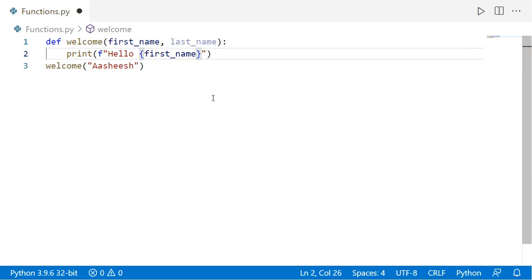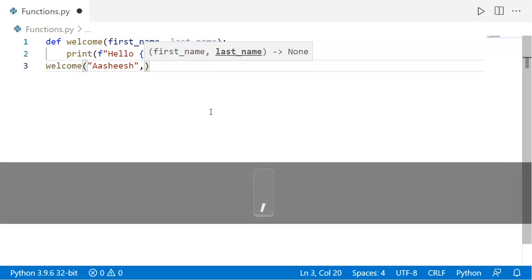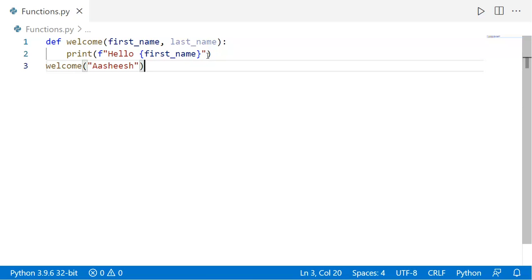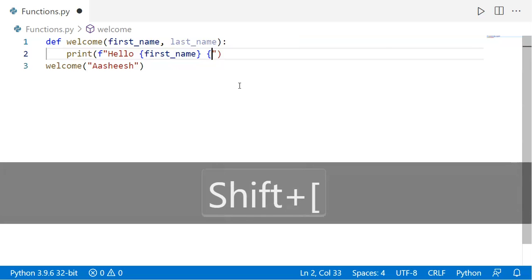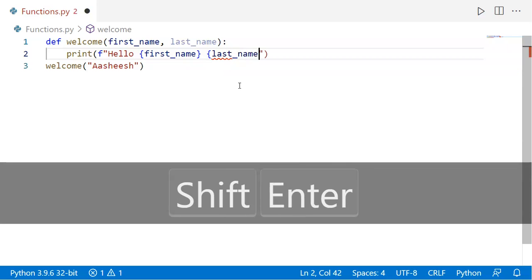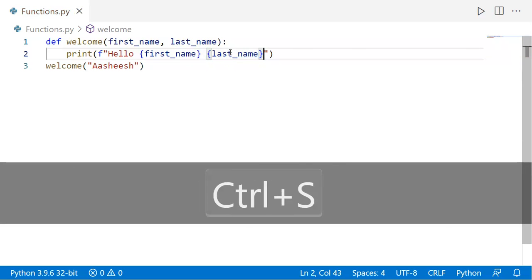If we replace this with first name, it works. But if we hover over this, there is still a problem. Now add a comma here, then hello first name, and also a space and last name.